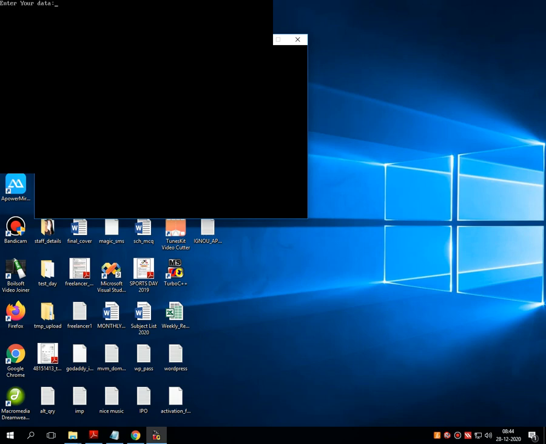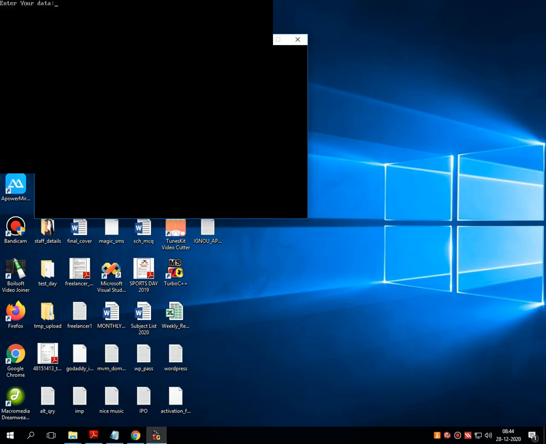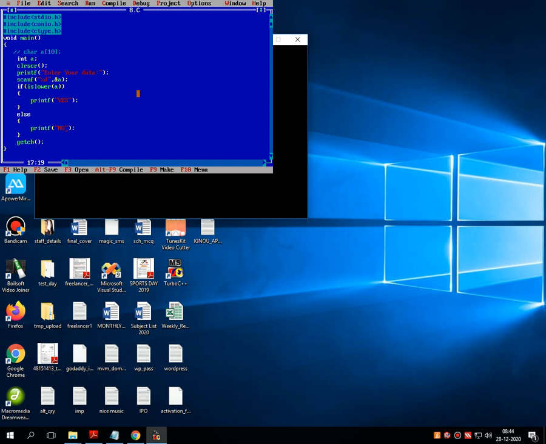Let's check. Suppose I am giving 1, obviously it returns no. Then suppose I am giving a, it returns no. Then suppose I am giving small a, leave it.